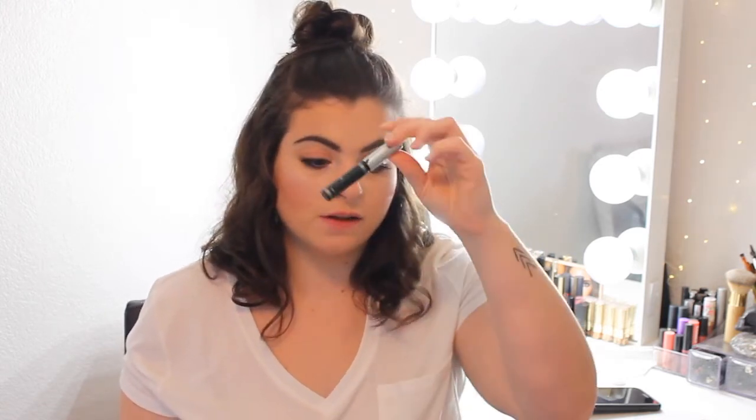I'm going to do my lashes off camera, and then we will be right back. Okay, so I put on some lashes. These are just like natural Ardell wispy lashes. I don't usually use lashes, but these are very natural looking, and I like these. They're very lightweight. I use the House of Lashes lash glue in black to apply them, and I just put some white